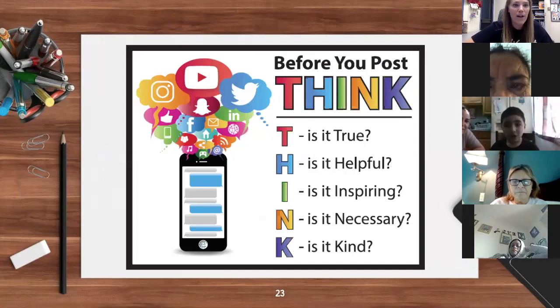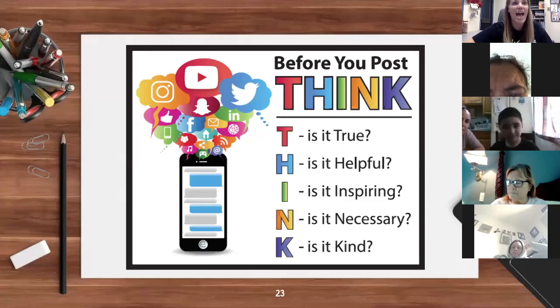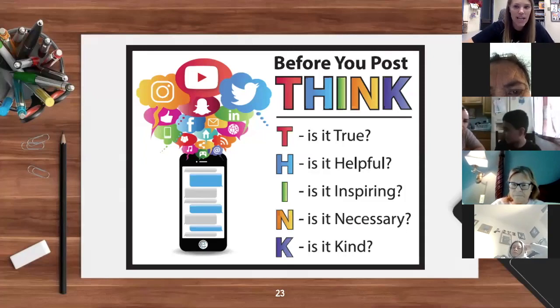Okay, one thing that we are pushing with our students, and I just went over this at LUCHA launch with the students, is this acronym of THINK, okay? This is a whole new world with students really engaging in digital learning, and we want to make sure that they know how to be digital citizens, okay? And what that means is they have to understand that what they post is a reflection of them, and it sticks with their name. And so we are encouraging students to use this acronym before they put something in a chat, before they make a comment on an assignment or to another student's work.